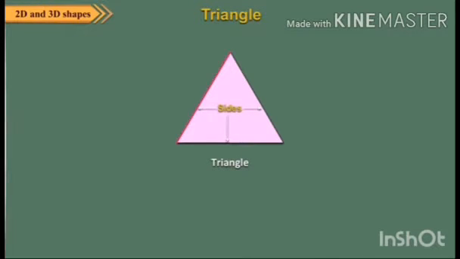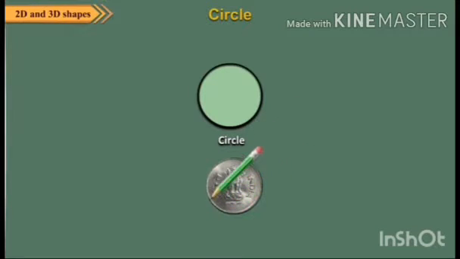Here is the triangle. There are 3 sides of the triangle and 3 vertices given on the triangle. This is a plane surface also, and is also called a 2D shape. Now come to the circle, that is the next 2D shape. A circle has one surface area and only one side, neither any length nor breadth. Only one, that is called curvature. It is like a coin in the circle shape.